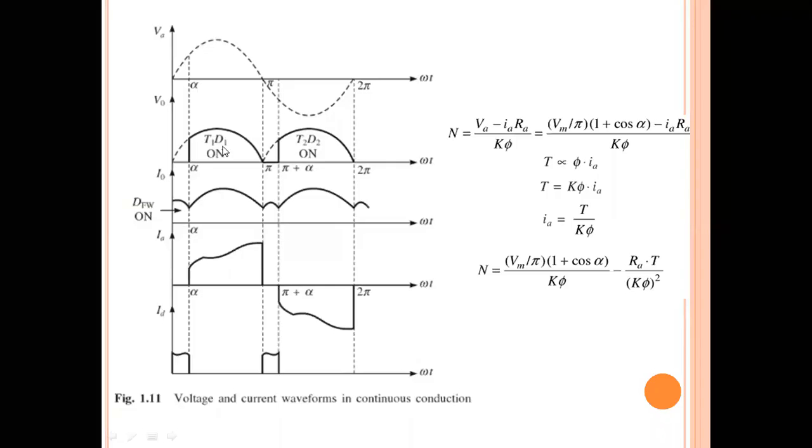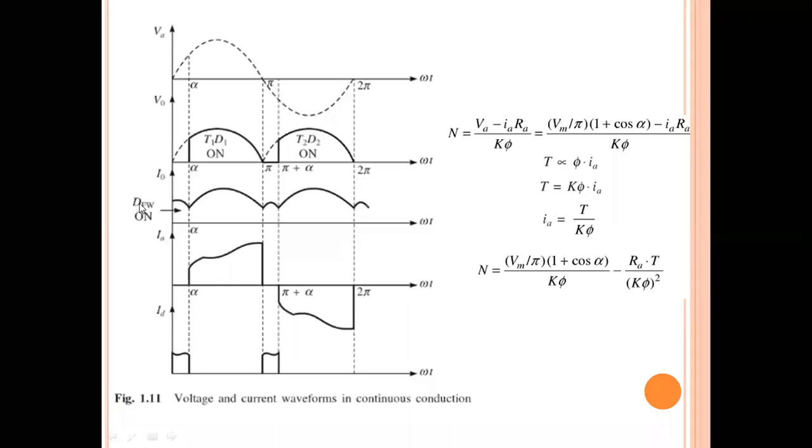So for this mode, T1 and D1 both are in conduction mode. That is the reason why here T1 on, D1 on. At pi, thyristor T1 will turn off by natural commutation. From pi onwards, thyristor T2 will be in forward condition. At pi plus alpha, this T2 is triggered. That is the reason why from pi to pi plus alpha, there is no voltage applied across the load. During this duration, current is there.